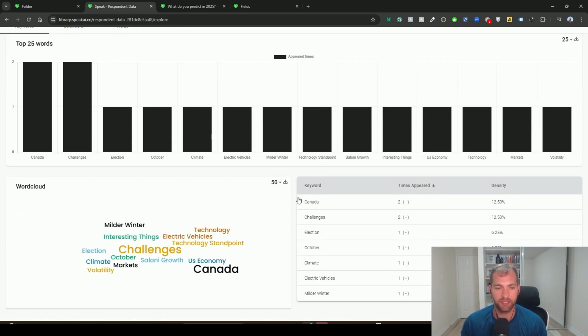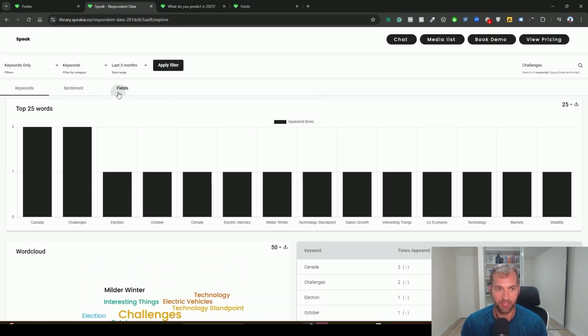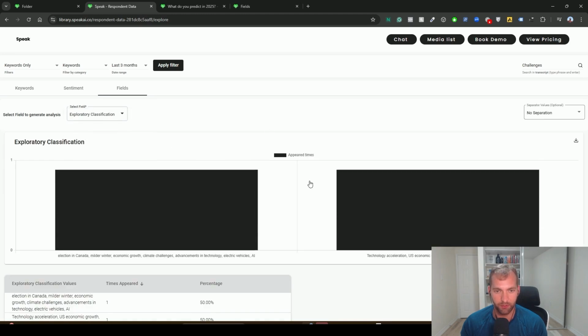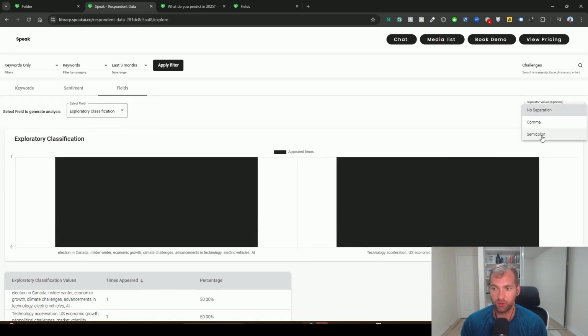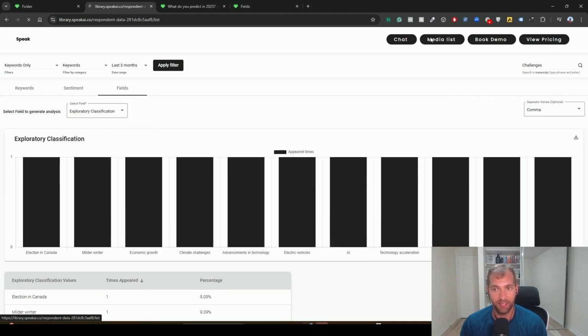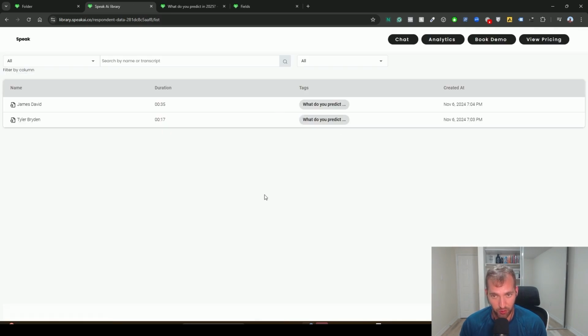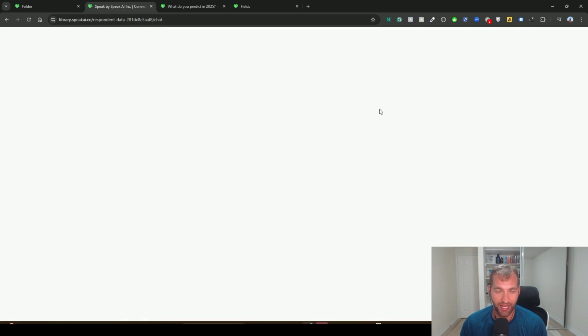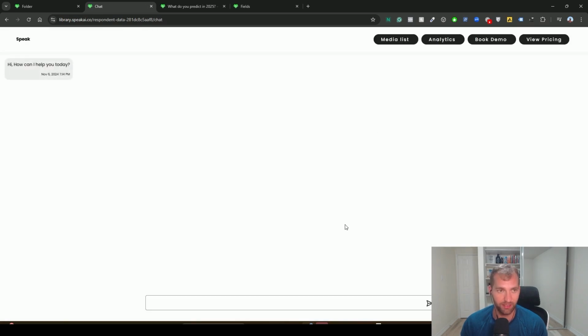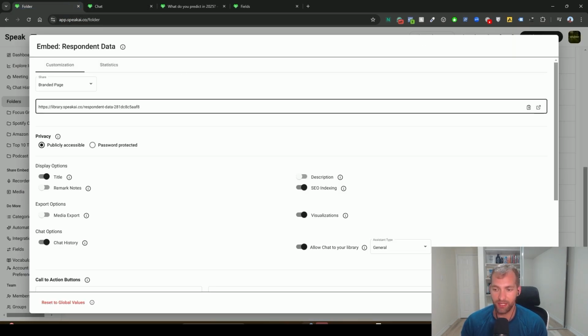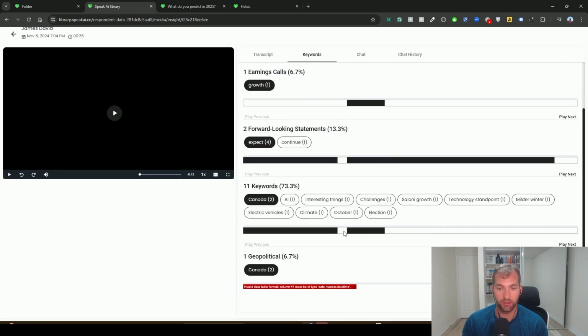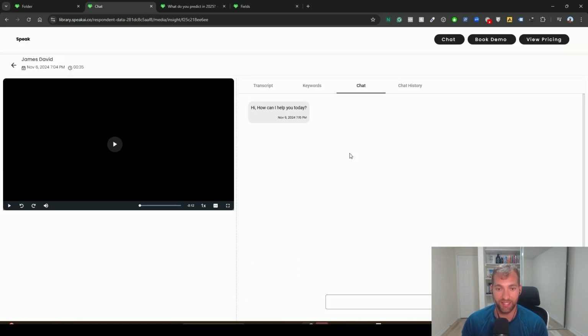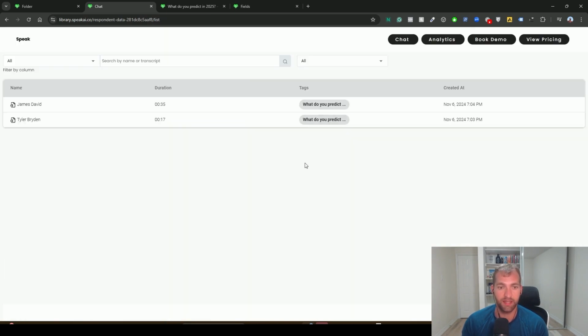So your client could see the actual data visualization. They can also interact with the fields that are available, like exploratory insights. They can still do that comma separation themselves. They can do the media list and actually view the files. They can chat with that data just like I did. And then what's great, I can listen back to the audio. I can see the keywords that had emerged. I can chat with that specific entry,